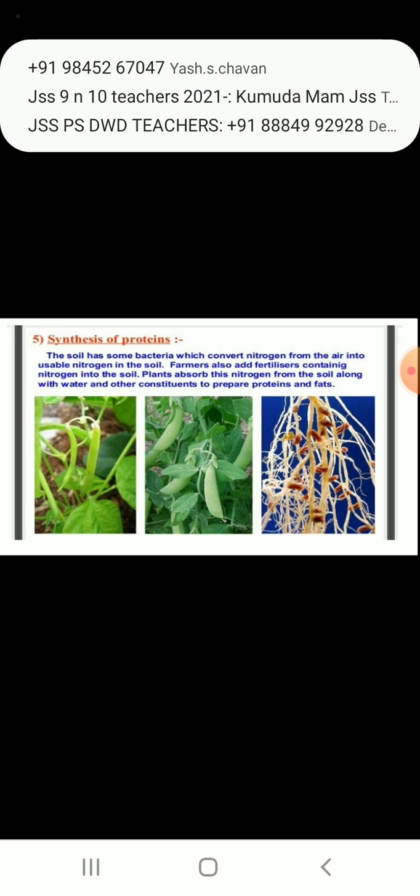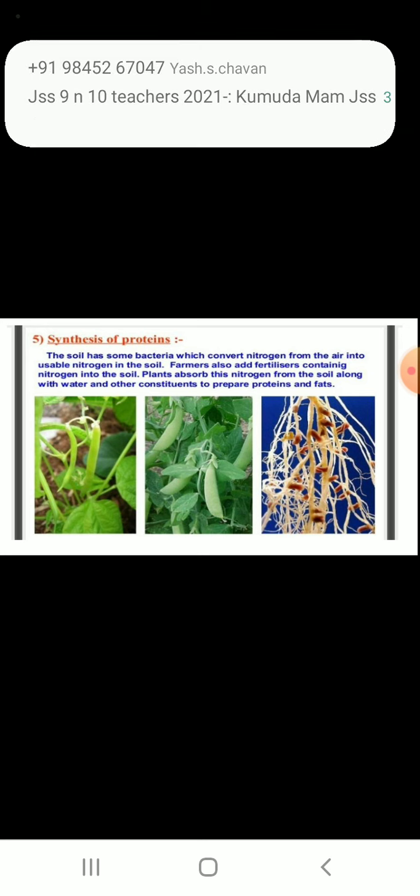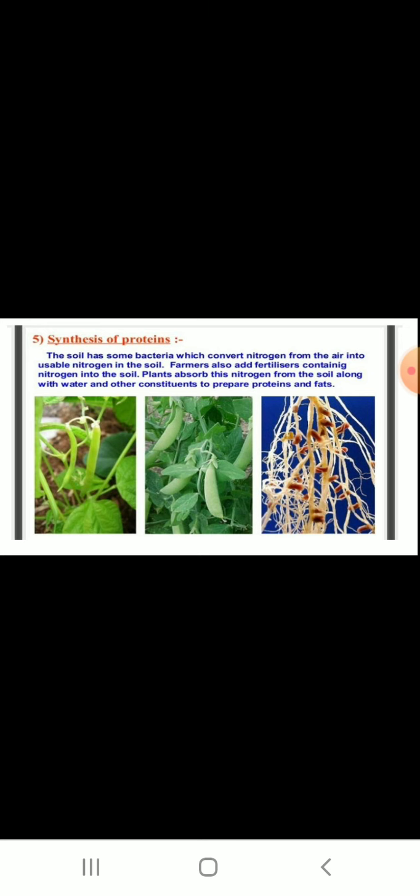Amino acids will have nitrogen. So nitrogen is very important. In the picture you can see the pea plant at the center. Okay, leguminous plants these are. You can see in the last picture that